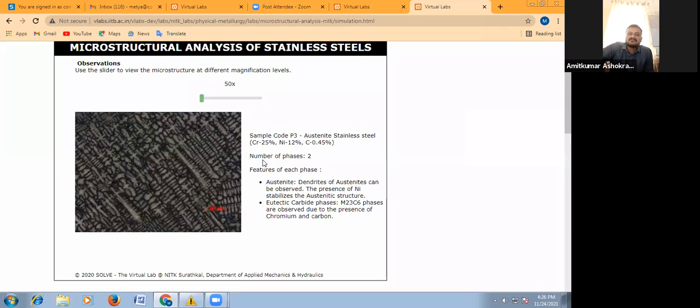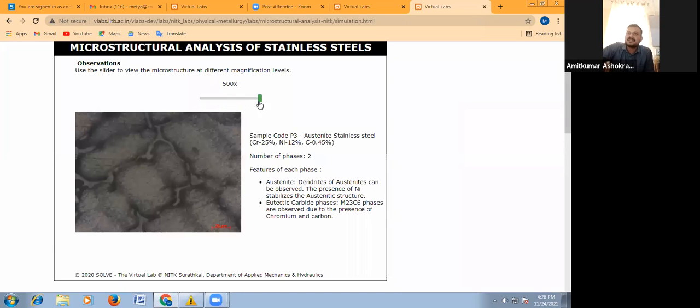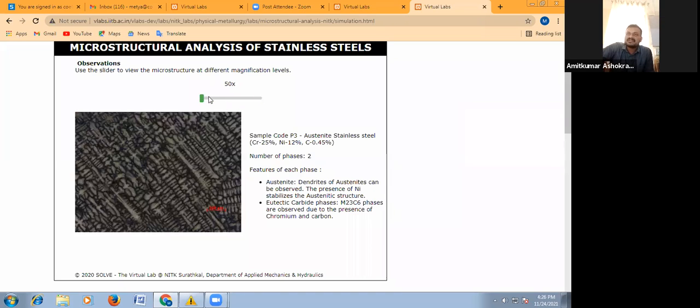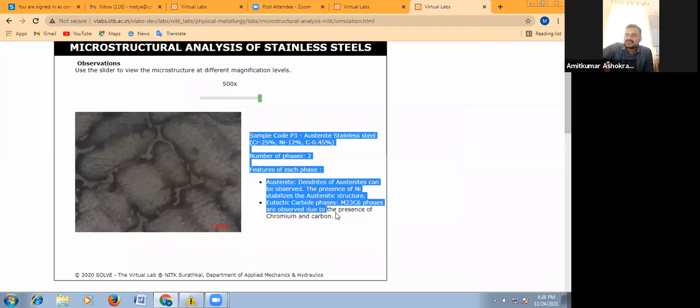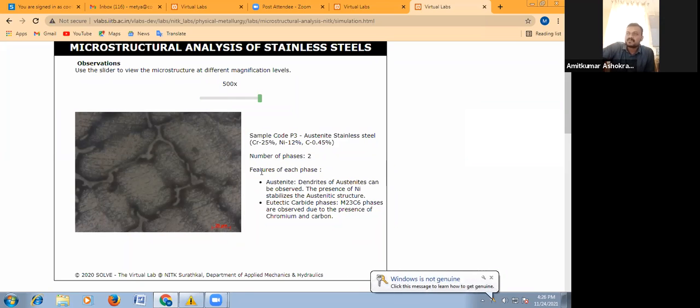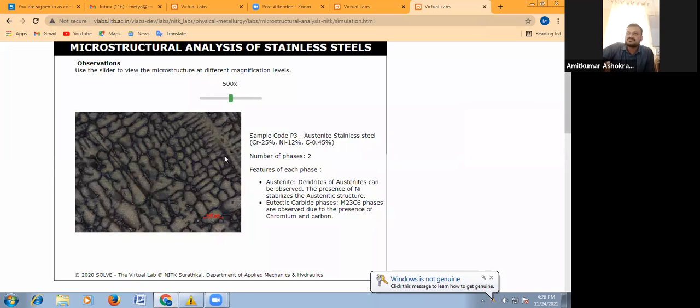These terms you may not be aware of, but you have to understand that at the end, with the help of the slider you can change the magnification, and this is your final observation, or this is your result.